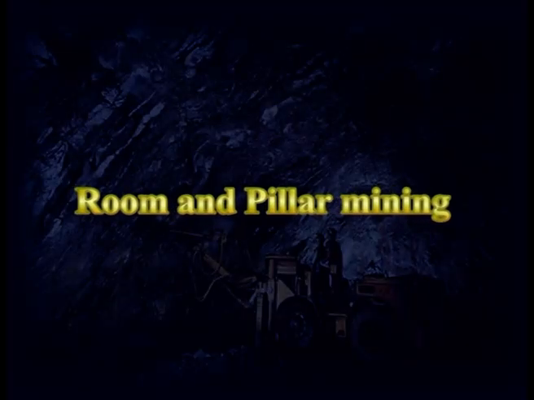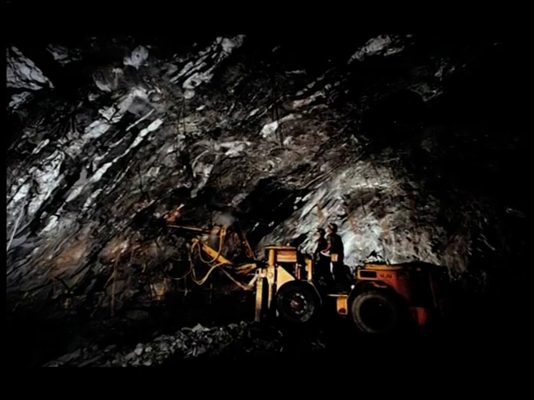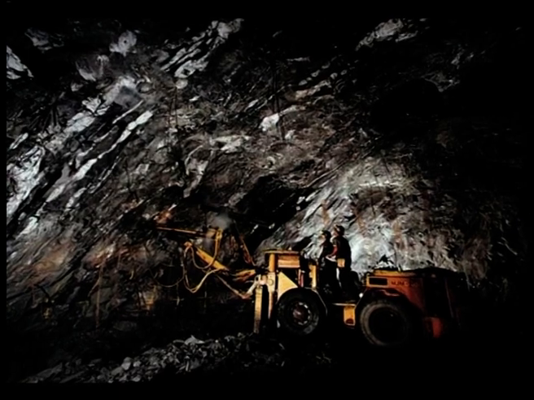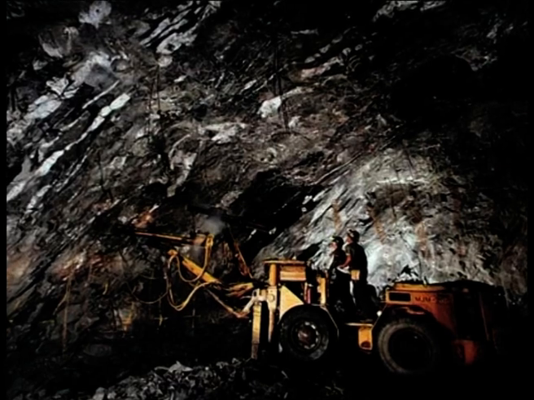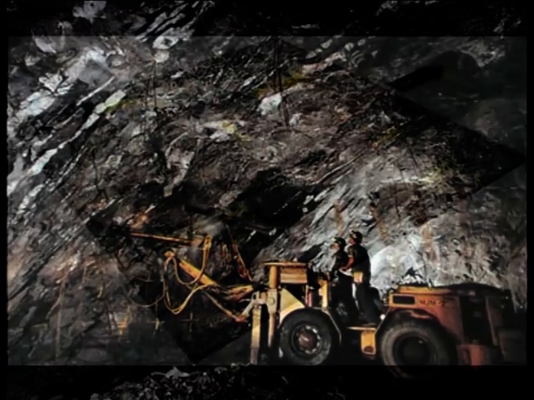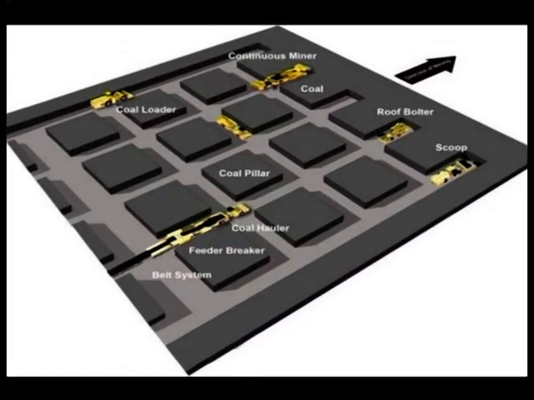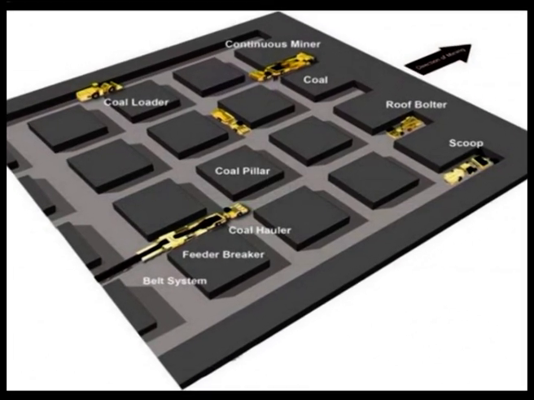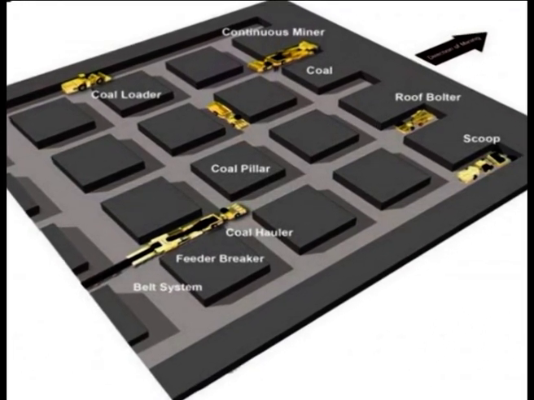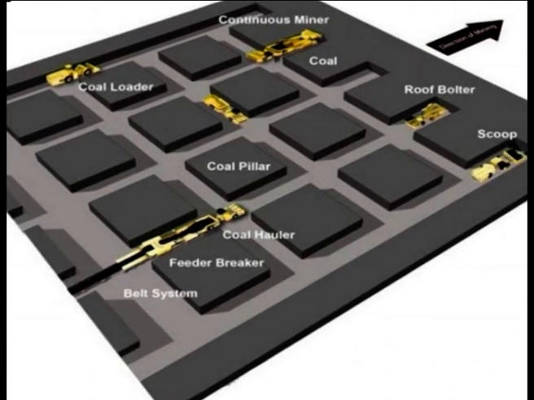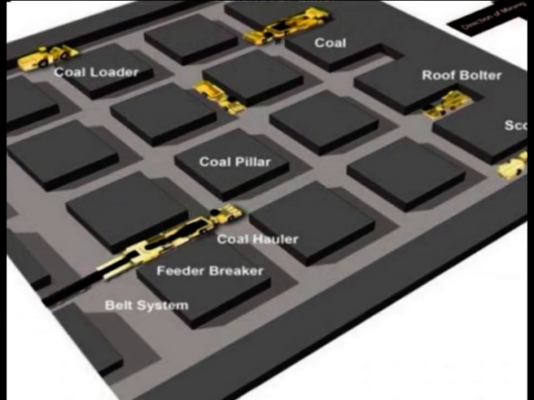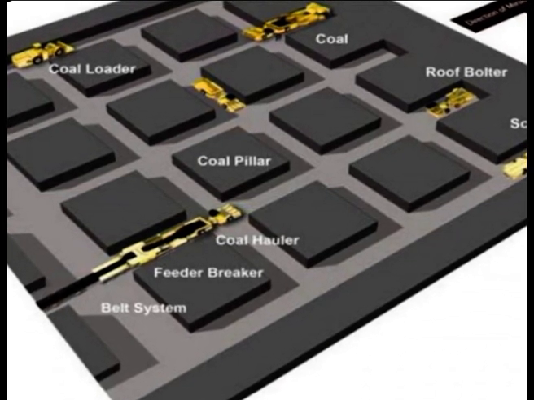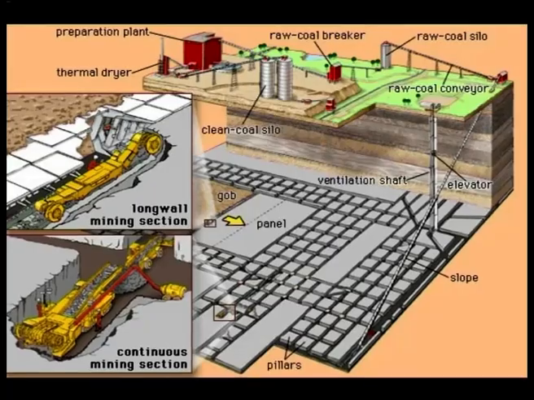Room and pillar mining. This method is used in coal seams and also accounts for 60% of metalliferous mineral deposits from underground mines. The method is well suited to gently dipping and relatively uniform buried deposits, providing the deposits are not too deep or the rock too weak for pillars to support the overlying strata. The limiting depth in coal mines is in the order of 200 to 300 meters.